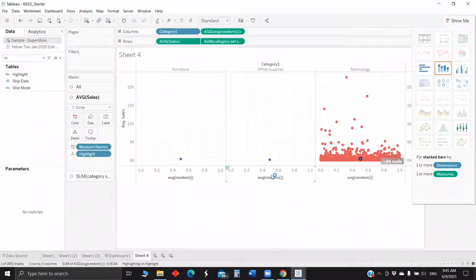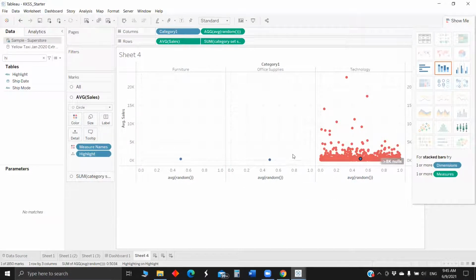Quickly let me re-explain what we have done. First, we have created a field called highlight. This highlight field will be populated for all the rows across the data. Once we bring the highlight field into the view and use the highlight action, once we tap, it has to highlight. Since every row has highlight in the highlight column, we will be able to highlight all the rows or all the data points coming into the view. So now we are done with almost everything.